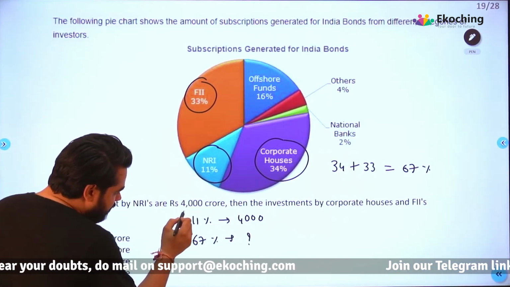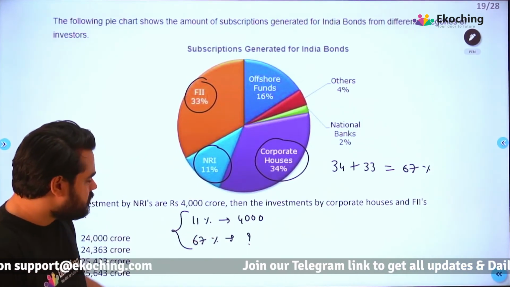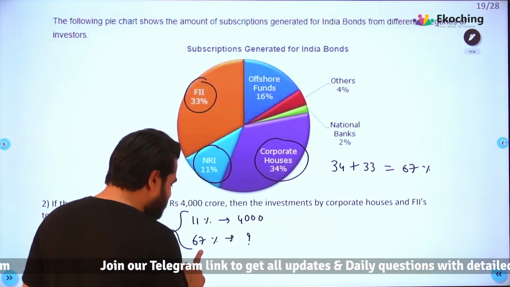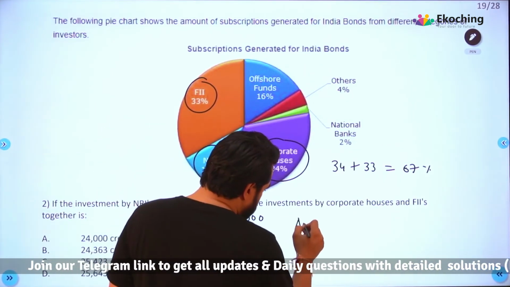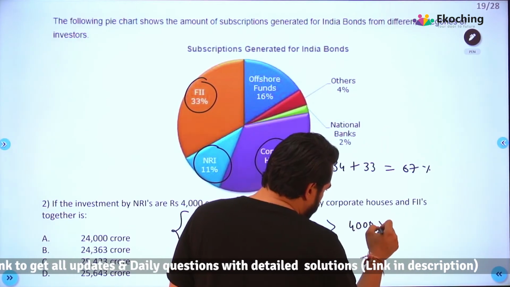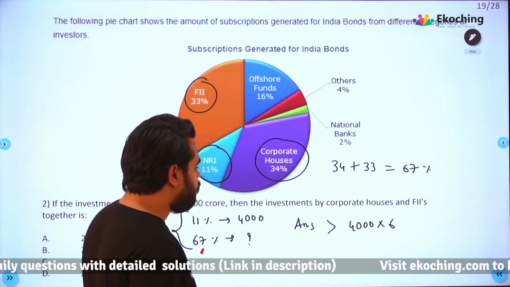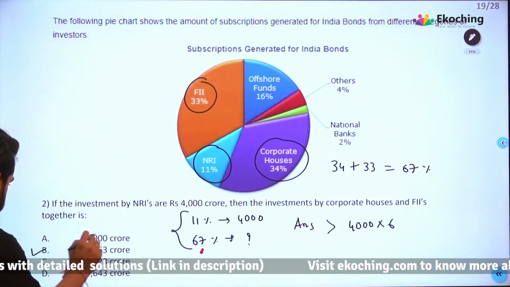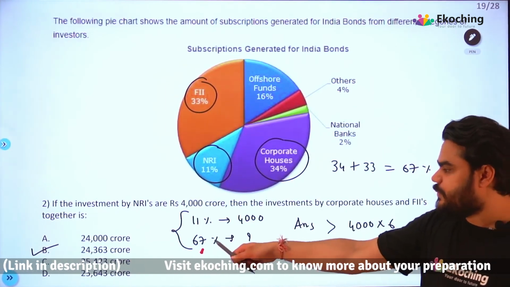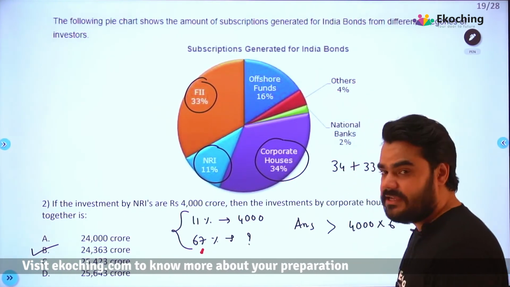Can you see that 11 into 6 66 होता है, तो ये almost into 6 हुआ है, तो ये भी almost into 6 होना चाहिए. Into 6 मतलब क्या? Into 6 और थोड़ा सा ज्यादा, because ये 67% है. So answer जो है वो अपना 4,000 into 6 से थोड़ा सा ज्यादा होना चाहिए, a little bit more. So 4,000 into 6, 24,000 से थोड़ा सा ज्यादा, that is option B, 24,363. Because the other option is 25. 25 ऊपर नहीं जा सकते अपन. 24,363 is the answer.